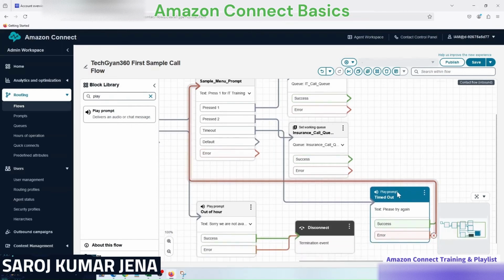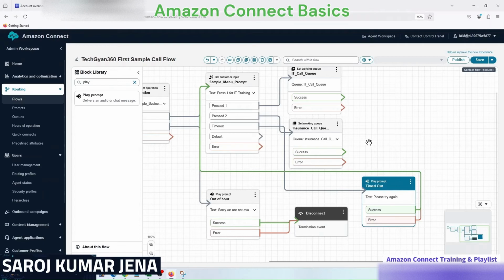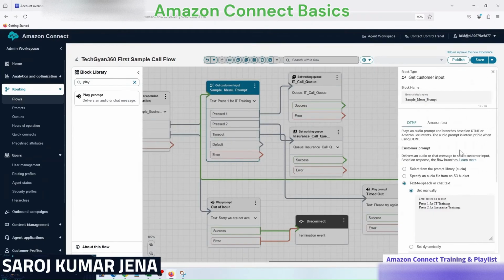Okay, then both success and error nodes, I'm going to connect inside the get customer input, where I'm playing the menu: press 1 for ID training, press 2 for insurance training. Okay,